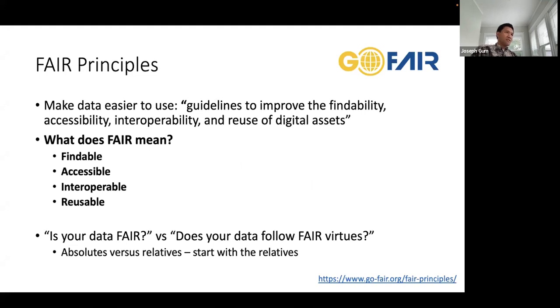And so part of this is answered with FAIR principles, trying to make data easier to use. We have guidelines to improve the findability, accessibility, interoperability, and reuse of digital assets. There are a whole bunch of bullet points about what FAIR means. Some of it is issuing DOIs, making your code clean, making sure you're following controlled vocabularies with your data products,